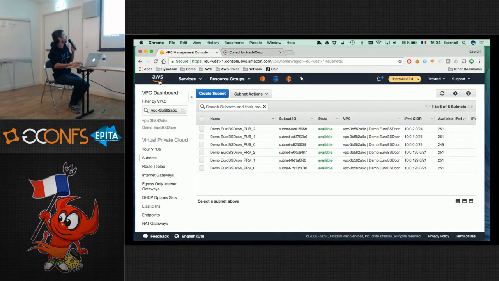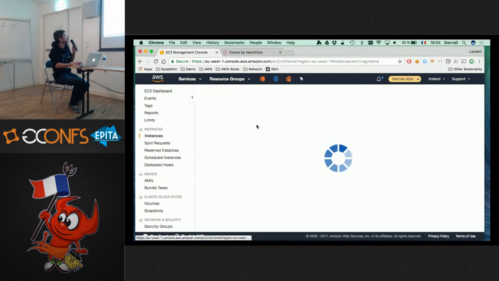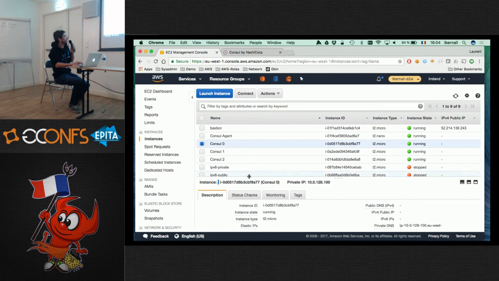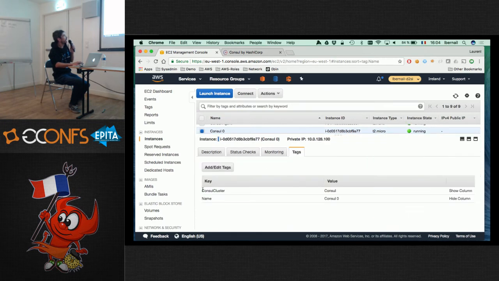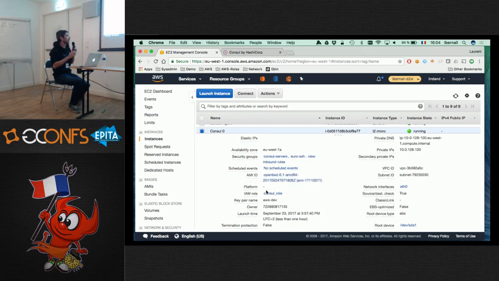Here on the console, the few things I told you. We now have many more instances than before because we have the 4 new ones, the Consul ones. If I click on this here, I can show you that there's a tag, and this is how all the Consul servers are finding each other. Also, I won't dive deep into it, but the machines need to have permissions to call the AWS API. So the machines have a role which allows them to do a describe instances, so basically list all the instances with a given tag. And if you have a question about this, we can discuss it afterwards.